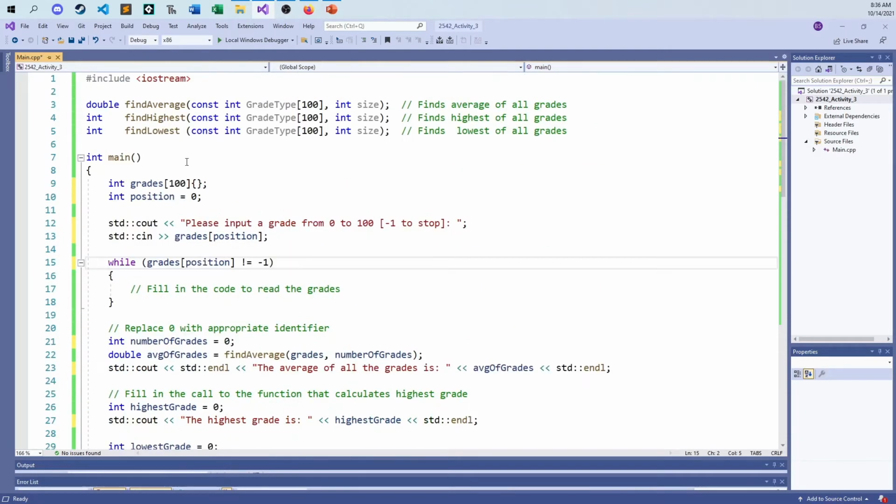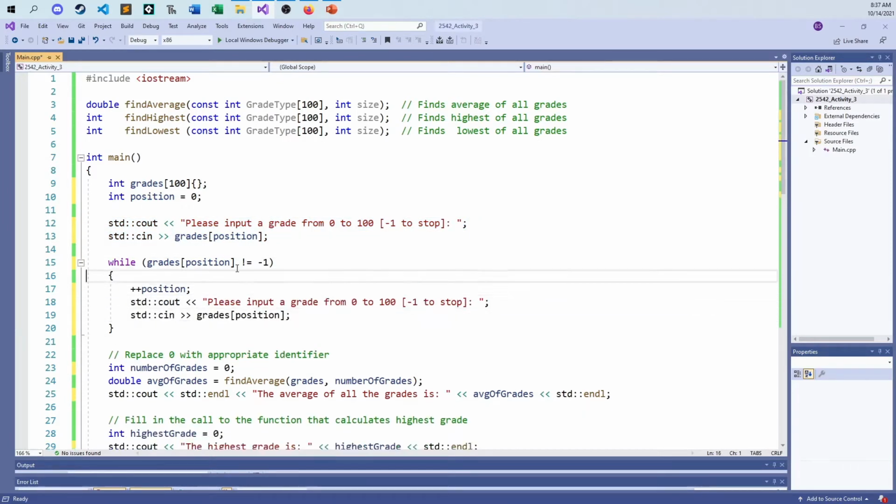So let's go ahead now and just kind of work this out. So using our while loops, we're kind of combining everything we know into one example right here. So it says, while I don't input that -1, what do I want to do? Well, in this case, the value is already put in there. So the grade is already put into this location. And if it's a -1, it's a -1. But the position needs to increase for the next time I ask for your input,